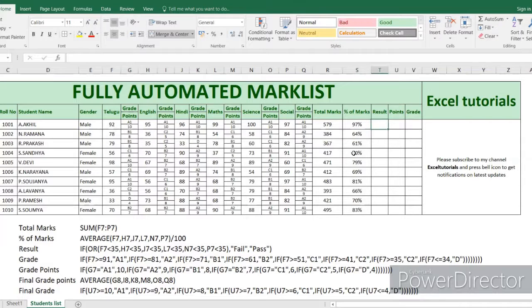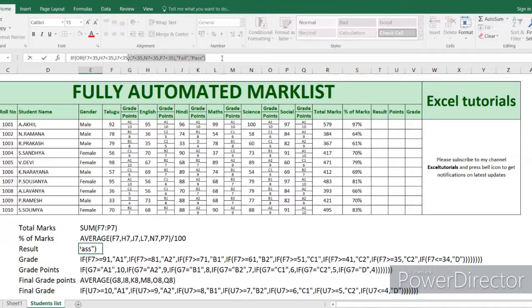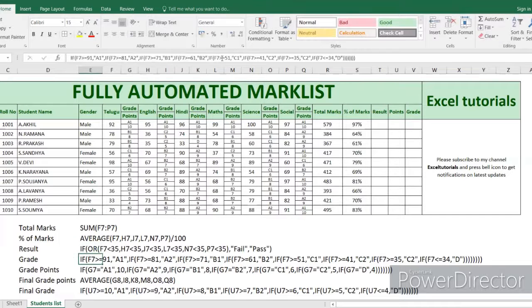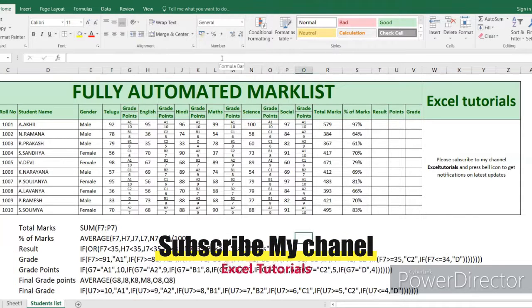Next, result. Based on the marks, whether the student passed or failed should come. If any student has not scored more than 35, he failed, or else he passed. With the help of the IF and OR functions, we come to know whether the student passed or failed.